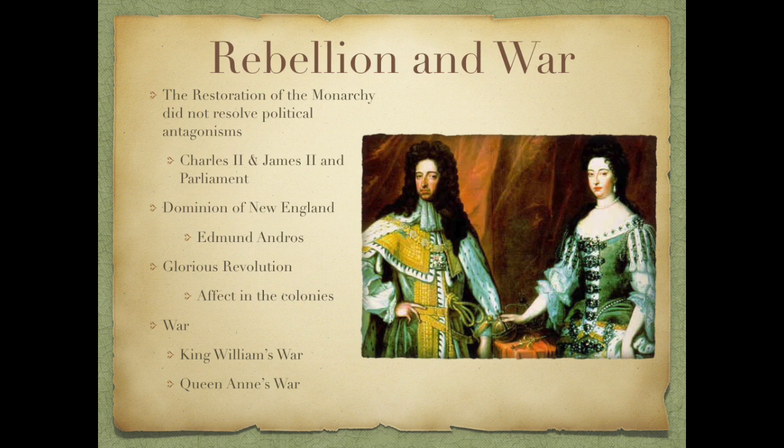James II had fled to France in exile when he was overthrown, and he managed to get the French to support him in a bid to retake the throne. And so this is essentially a struggle between England under William III and James II with the support of France. France is sort of the mortal enemy of England at the time, and so they are willing to pretty much lend their aid to any cause that will weaken their European rival. This was essentially the first of several wars that were fought on American soil.